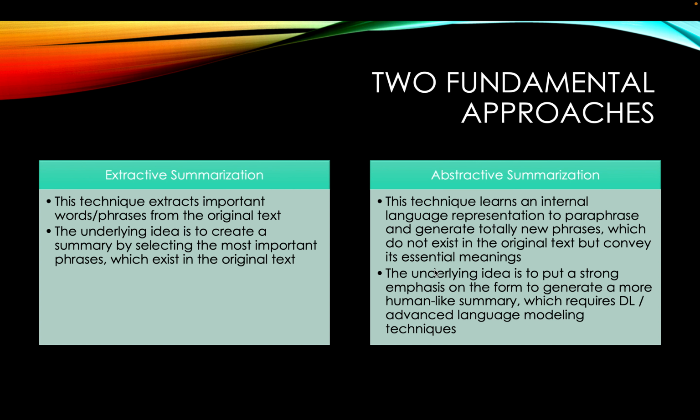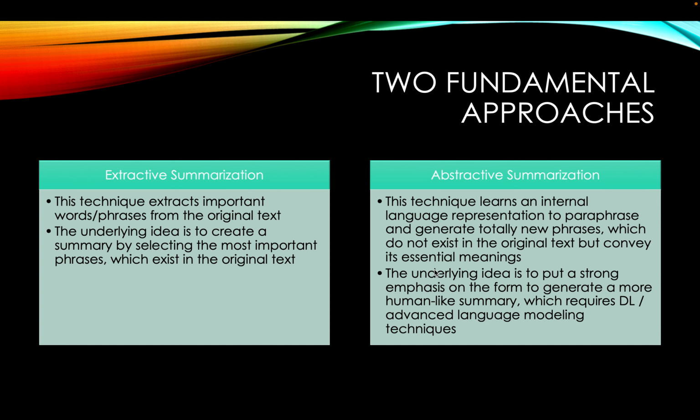So there are two fundamental approaches to text summarization. One is extractive, another is abstractive. So extractive summarization, this technique extracts the important words and phrases from the original text. So the basic idea is to create a summary by selecting and cherry picking the most important phrases which exist